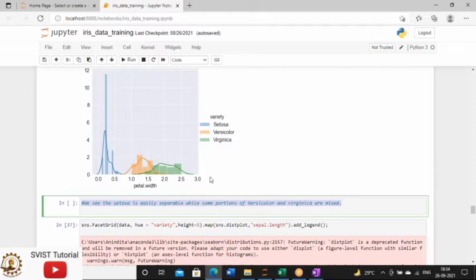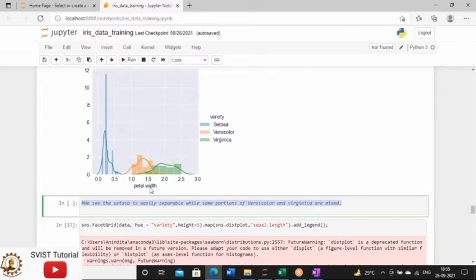Now from this plot, I can easily say that if we want to define our data set on the basis of the petal width, meaning if I use a linear discriminator with petal width as input, linear discriminator meaning if you want to classify these three species from one another, what will happen if I use the petal width column?